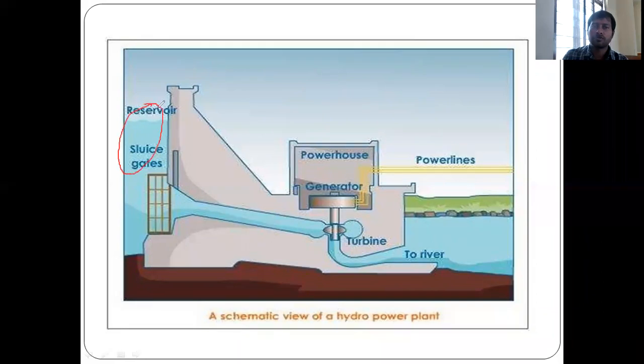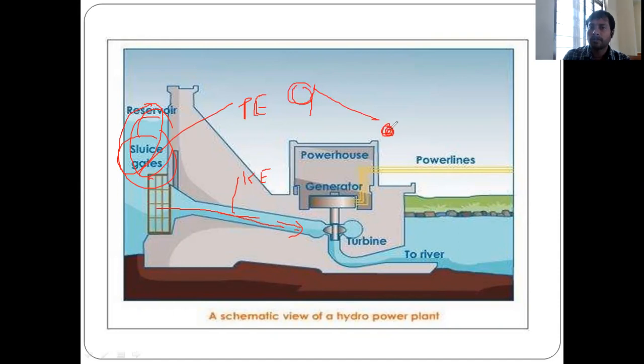The reservoir is the place where the water is stored, and through the sluice gates, water will be released slowly, using the kinetic energy of the water. So this is the potential energy of the water, and it is stored at a certain height. This is the surface level. If we release the water from a certain height, due to the potential energy, the water will be